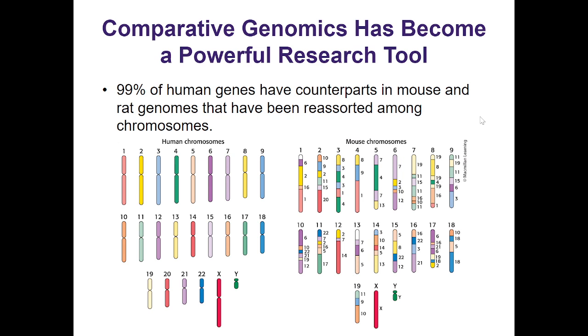Comparative genomics has become a powerful research tool in its research fields. 99% of the human genes have counterparts in mouse and rat genomes that have been reassorted among chromosomes. In fact, if we were just to look at how much DNA we share, we have this sequence, do they have that sequence? Most animals actually share a tremendous amount of DNA. We're all pretty much similar, okay? Of the animals we would say we have anything to do with, typically we share something like 60 to 70% of our DNA, okay? The difference between a chimpanzee and a human is about 5%,